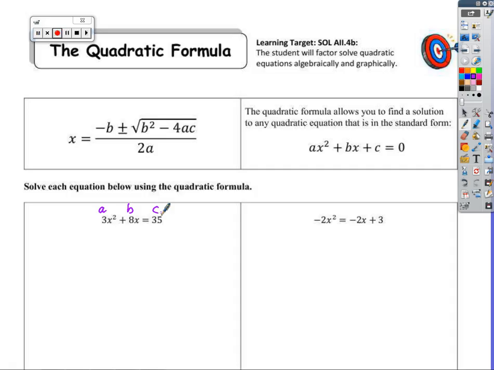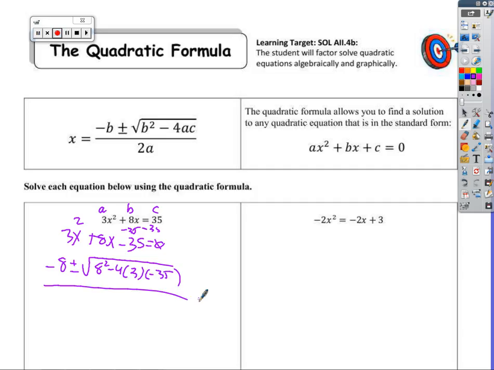So our first example here is not quite in standard form, because standard form is ax squared plus bx plus c equals 0. So I'm going to put this in standard form by subtracting 35 from both sides. So that's going to leave me with 3x squared plus 8x minus 35 equals 0. And now I'm just going to plug it into the formula here. So negative 8 plus or minus square root of 8 squared minus 4 times 3 times negative 35